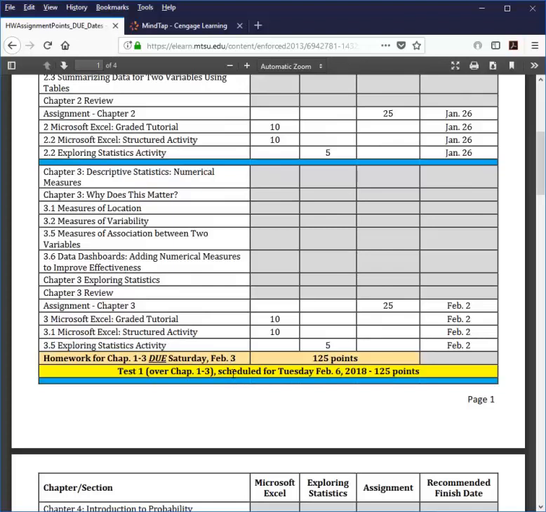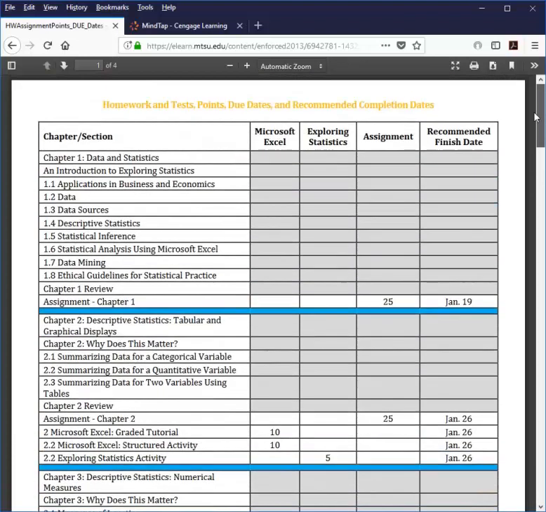It's more difficult to obtain the test points. I don't know why it is, but I have some students that just don't do the homework, period. You can't pass the course without doing the homework. So you want to get these points. But to try to keep people on task, so to speak, I've recommended January the 19th as when you need